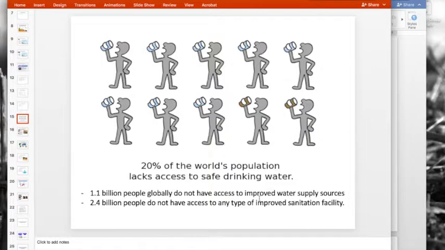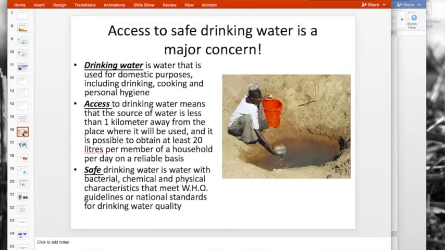So we're talking improved water supply source is a supply of clean, safe water that they're able to access on a regular basis. And improved sanitation facilities, we're basically talking about bathrooms, toilets, showers, sinks, taps, dedicated to keeping things clean. Now, we're going to use a lot of terms which kind of feel general knowledge or feel kind of not too specific. Let's meet them now.